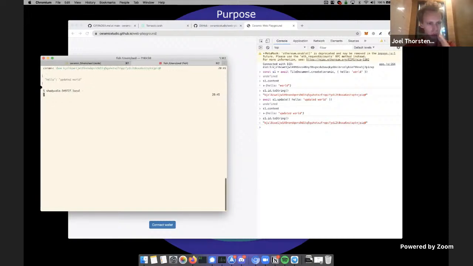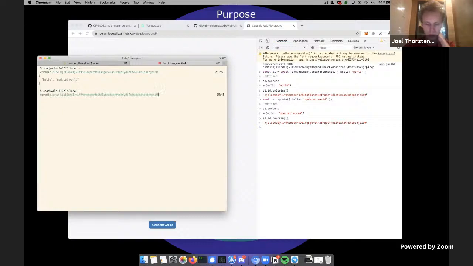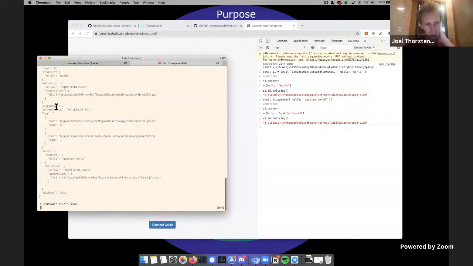See, hello updated world. And the neat thing we can also do here is inspect the data structure, or look at the internals of the data stream in Ceramic. So I can run ceramic state, and I'm going to look at this. The underlying data structure of a Ceramic stream is an append-only list that is built on IPFS and Ethereum.